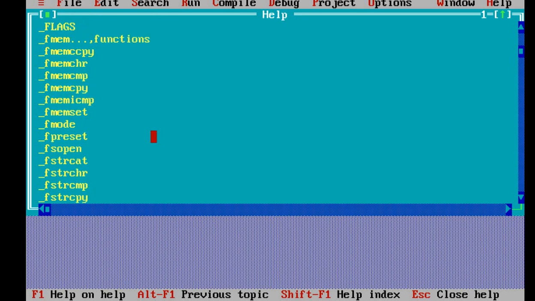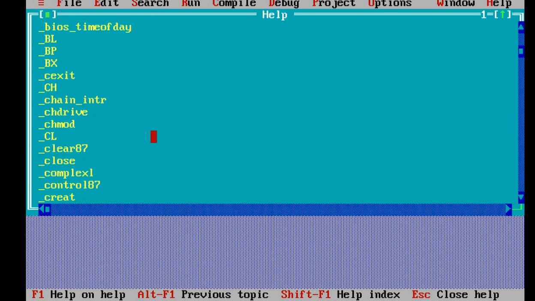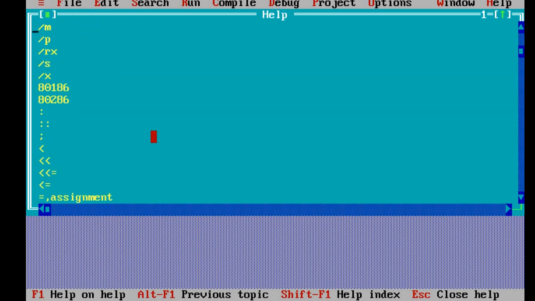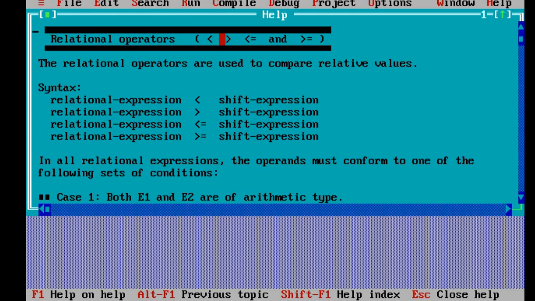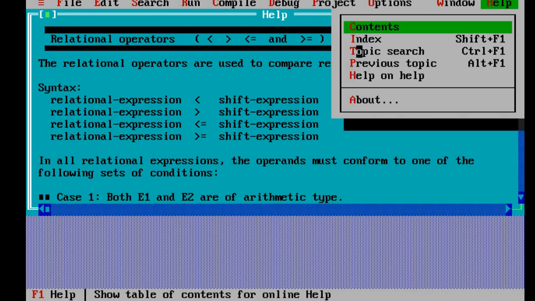So here, suppose you can use any symbol. What is the purpose of this symbol, why do we use this symbol, and what is an example of that symbol, it will be shown. In this way, each and every piece of information is available in the help index, context and index. We can also search for any particular topic in help.